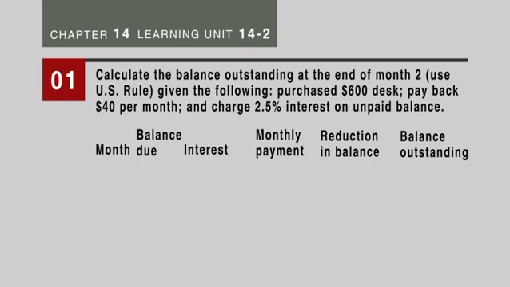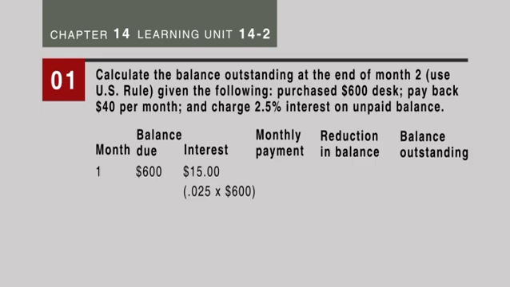The first question says, calculate the balance outstanding at the end of month 2 using the U.S. rule, given the following: a purchase of a $600 desk, payback of $40 per month, and a charge of 2.5% interest on the unpaid balance. So we have $600 for the balance due. We'll calculate the interest, which is $600 times our interest rate of 0.025, basically times 1. You don't have to put it in there, so you just multiply 600 times 0.025, and you get interest of